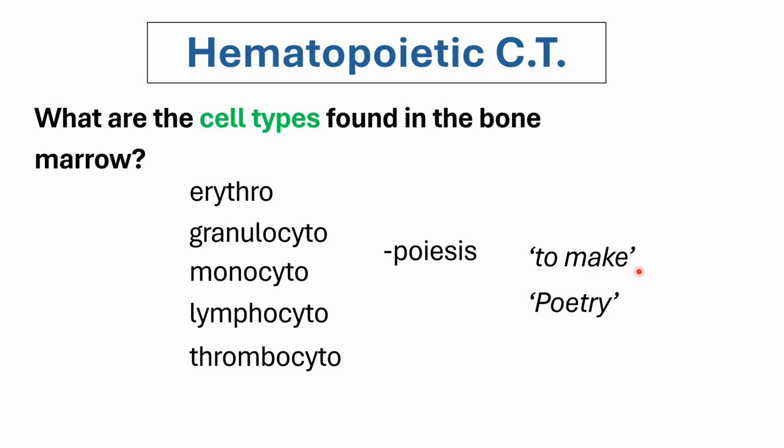Okay? Poiesis means to make, no? It has the same root word as the term poetry, because as they say, when you write a poem, you are creating something out of nothing. There is a process that you're following. So this creation, this poiesis, of a group of words is poetry. Okay, so in the case of blood, hemato, blood making. Okay, hematopoiesis.